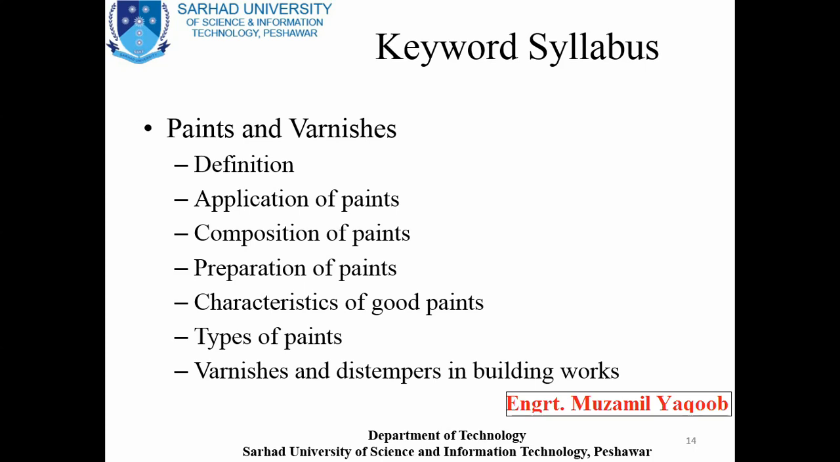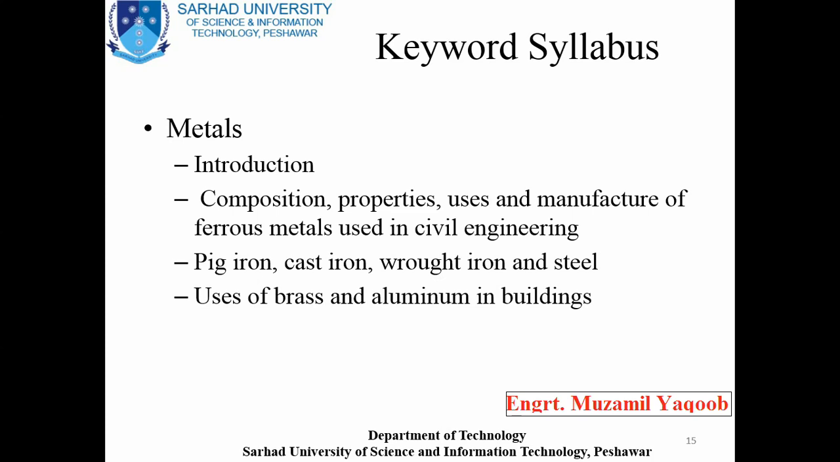Basically there are six main types of paints, like oil paint, emulsion paint, cement paint, commonly known as white paint, bituminous paint, and aluminium paint. So we will discuss these. At the end, our focus will be on the use of varnishes and distempers in building construction, right? So the next chapter,